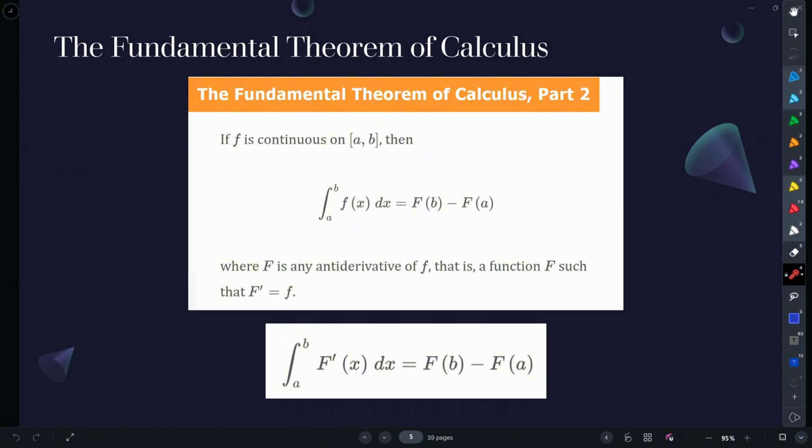So we use this all the time when we integrate, and it simplifies integration enormously if you're able to find an antiderivative. That means that if you put everything in terms of the capital F, the antiderivative, the integral of a derivative is just a difference of values of the function itself. So it turns out there is something like this for